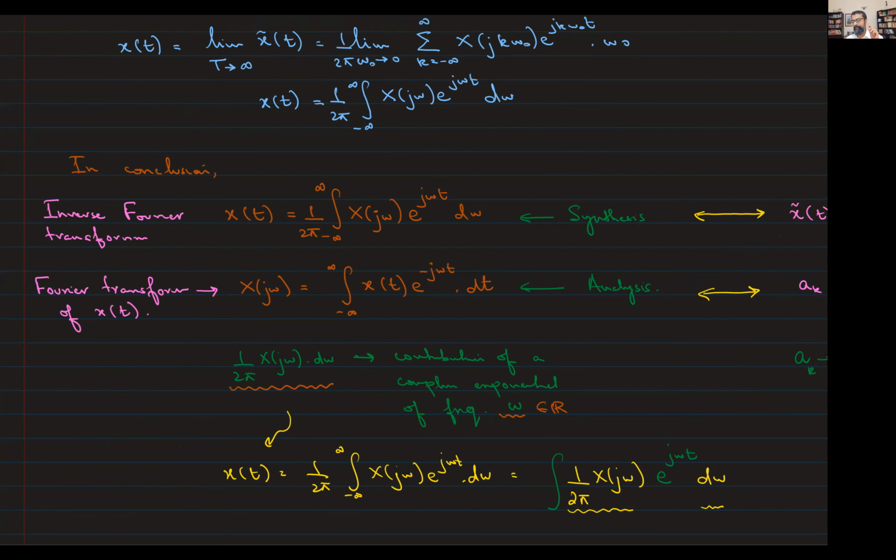Right? So we're going on a tangent here, but Laplace is evaluated on the s plane, which has a real axis and an imaginary axis. If we take s equals j omega there, then the Laplace transform actually reduces to the Fourier transform, and there's a very nice relationship between the two.